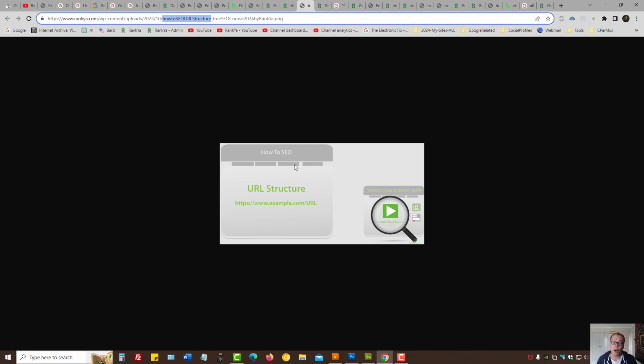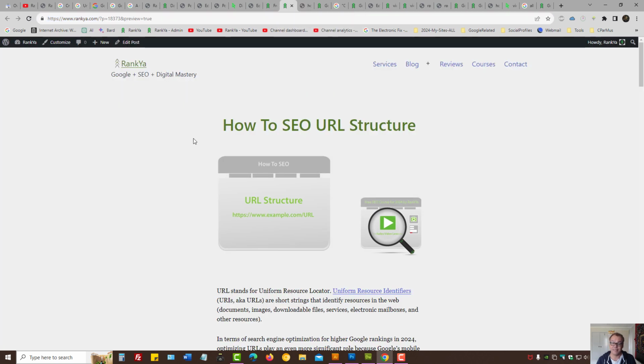If it's an image file name, the URL of it is this in this example. And if the image is related to the subject matter, then surely we can include our important keywords. Now, as I've said, since you're learning with RankYa, let's pass the point of SEO guru